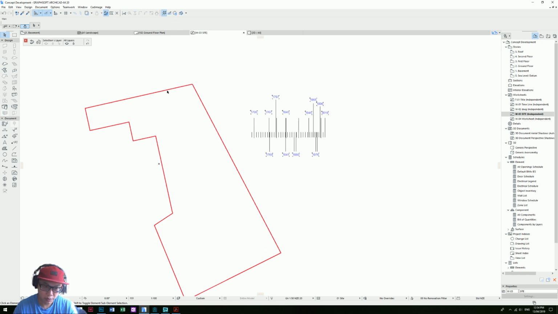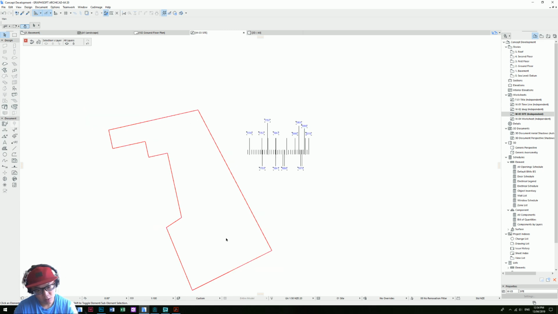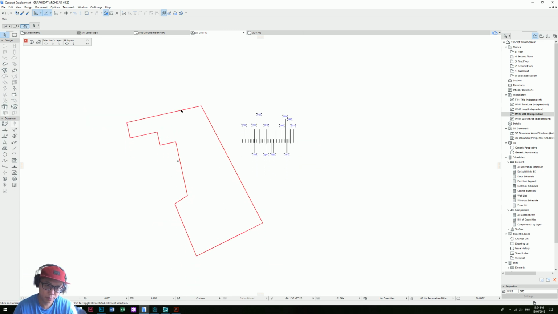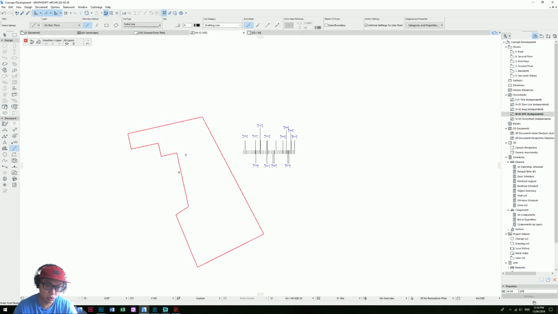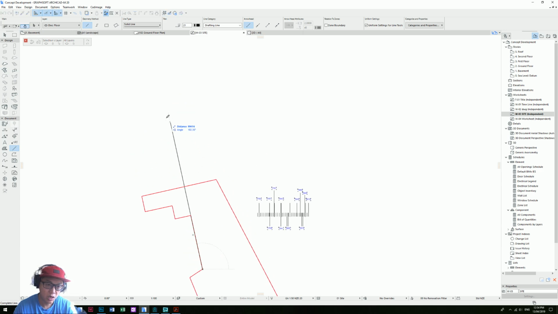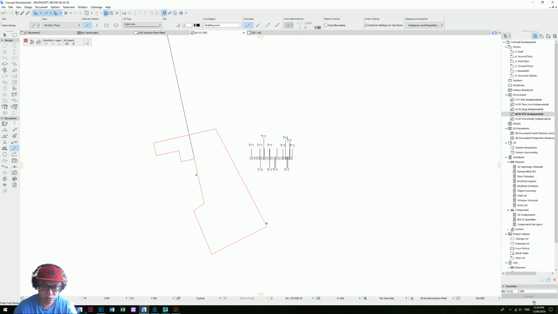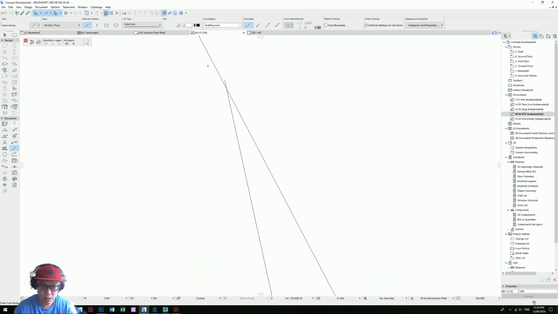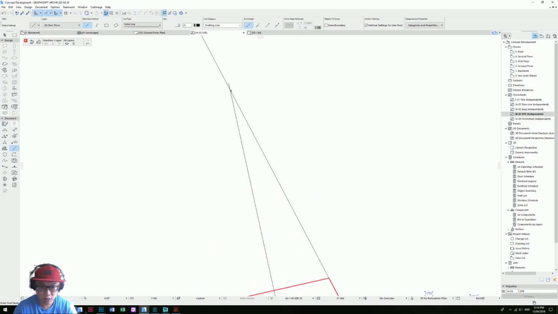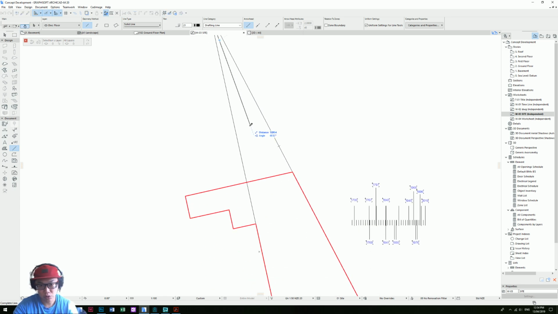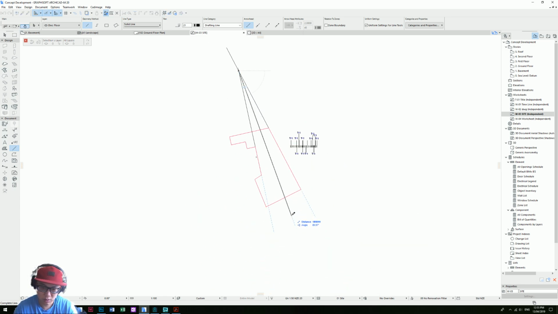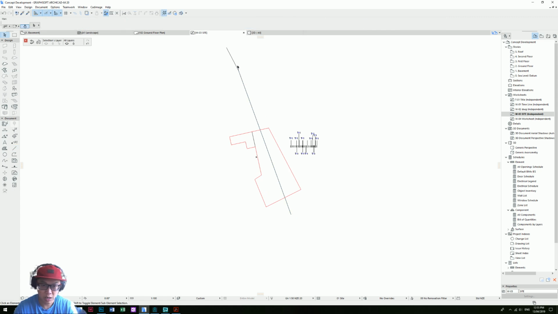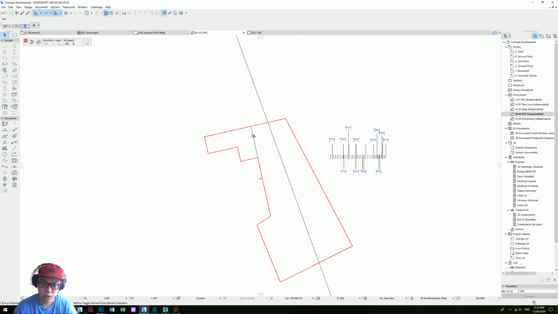So maybe first we need to think about how we're gonna get that line. So we could either get the center line to center line, but maybe what we could do is use the boundaries. This is quite arbitrary, but I'm still using the site as a guide to create my shape. And so I've connected this, and now I'm just gonna get the middle line. So this is gonna be the axis for our timeline,